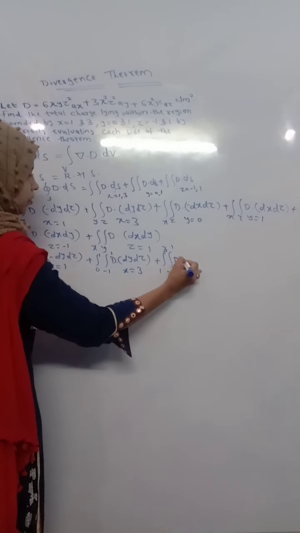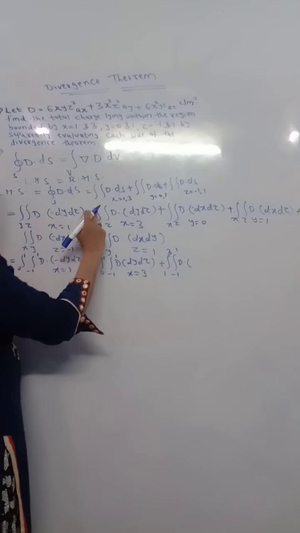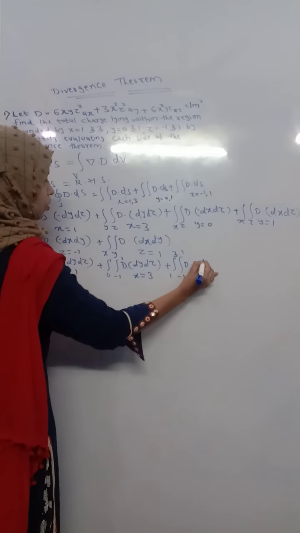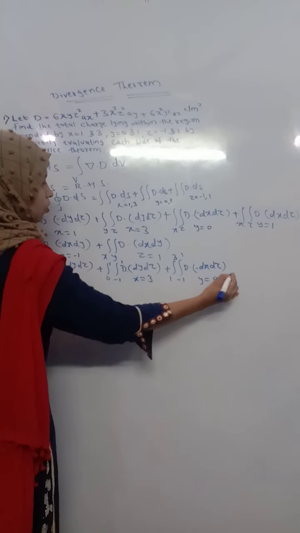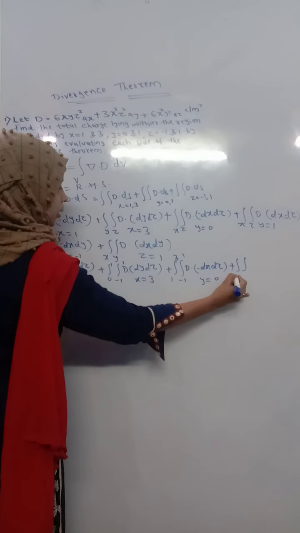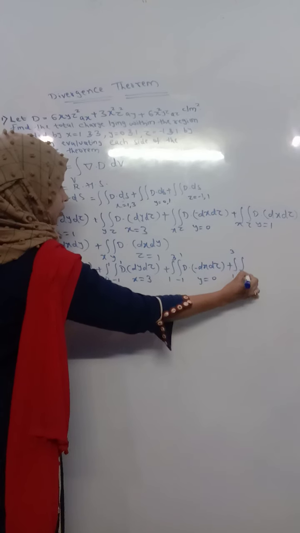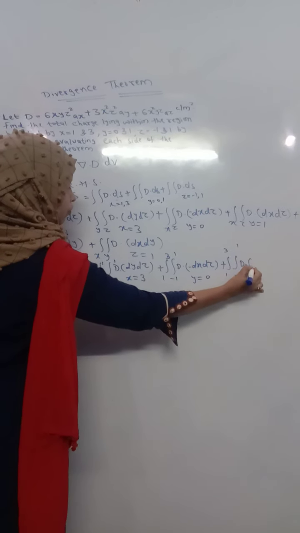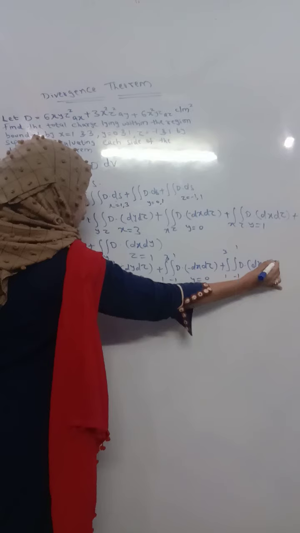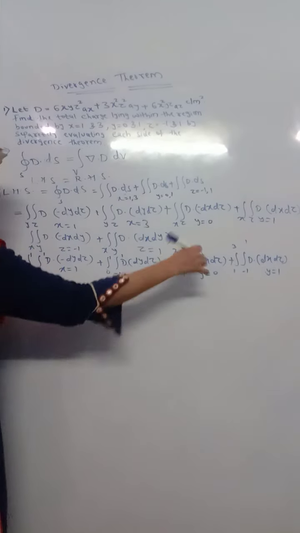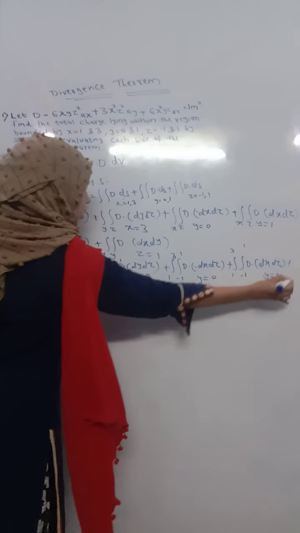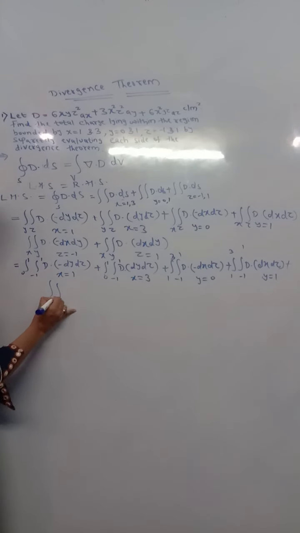Again the minus will be here. 1 and 2 is over. Now this one is minus of d dx dz, and my y will be 0. And if I am writing the same, 1 and 3 and minus 1 and 1, d dot of dx dz, and here my y will be 1.